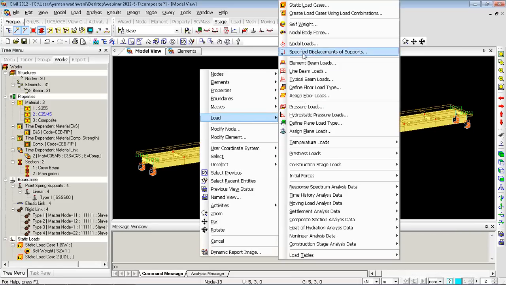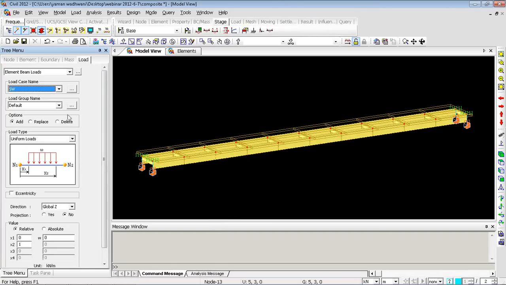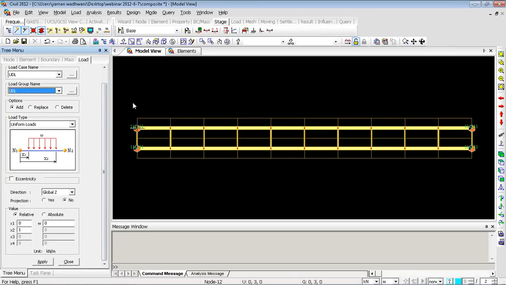Then go to load, element beam loads. Here you can generate a wide variety of loads, starting from uniformly distributed loads to concentrated loads to trapezoidal loads. It's very simple to apply. For example, if you want to apply a uniform load, you can select the load case UDL, select the load group UDL, and from here I'll just undisplay this